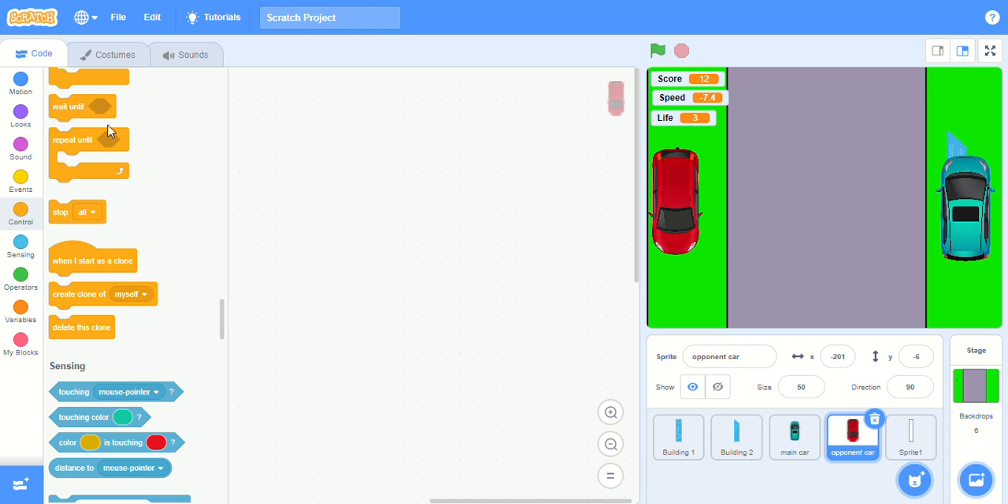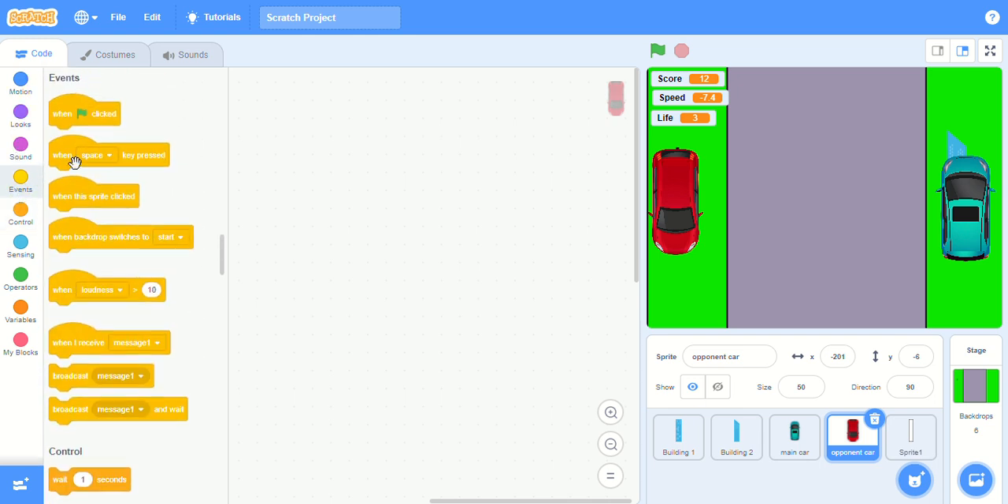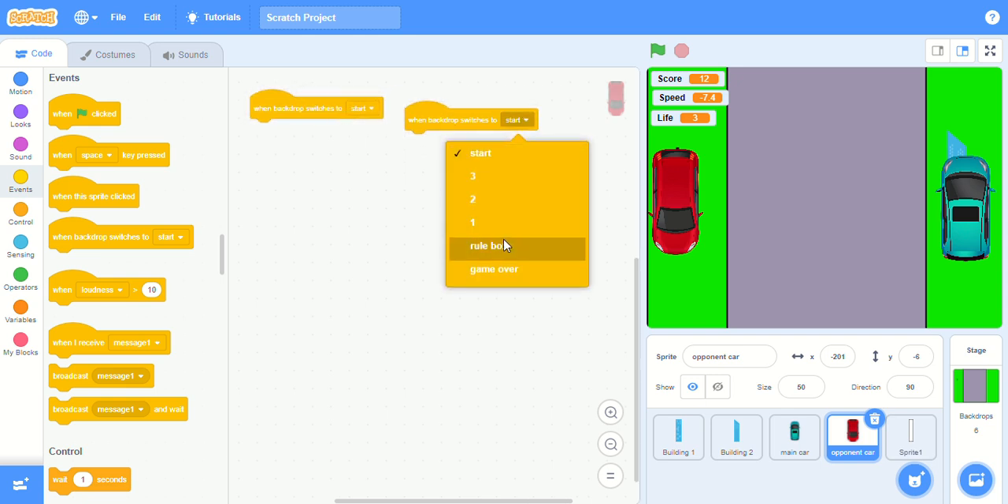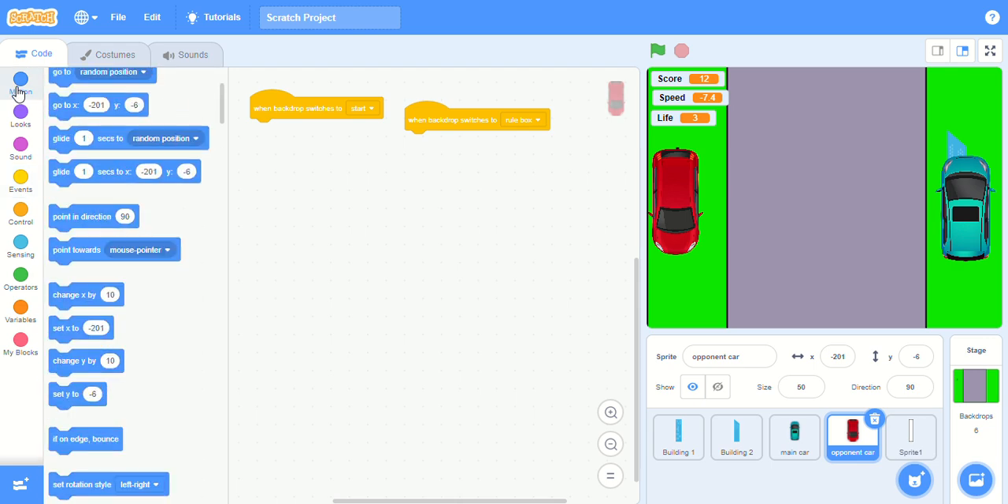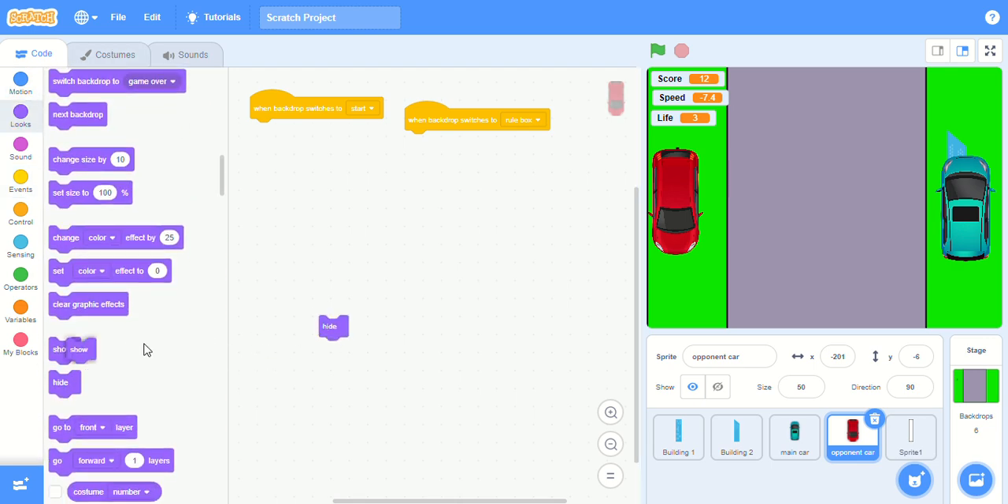Now we need to click in that: when backdrop switches to start, then when backdrop switches to rule box, hide. Hide, and when backdrop switches to start, show. And then under the show,